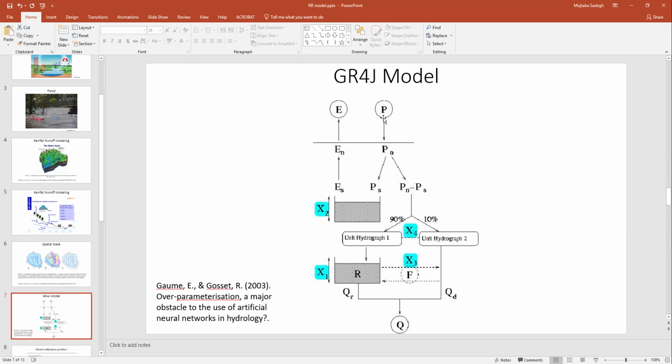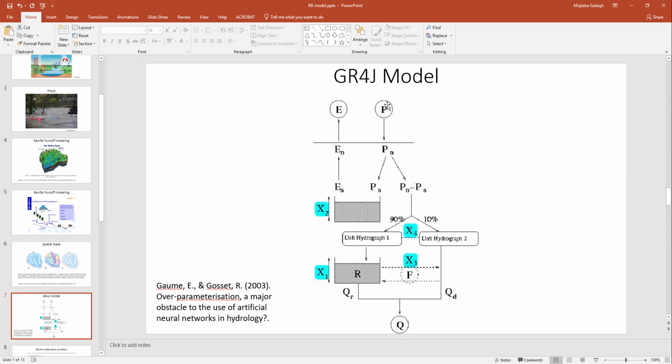What it does, it will take the precipitation, it will take the potential evapotranspiration. Potential evapotranspiration means that if we have an unlimited amount of water, let's say we have a lake, how much water from that lake would evaporate into the atmosphere. That depends on temperature, wind, and a couple of others. So basically what GR4J and any other of these conceptual models do, they will take precipitation, potential evapotranspiration, temperature and stuff, and then they will route this precipitation into several buckets and give us